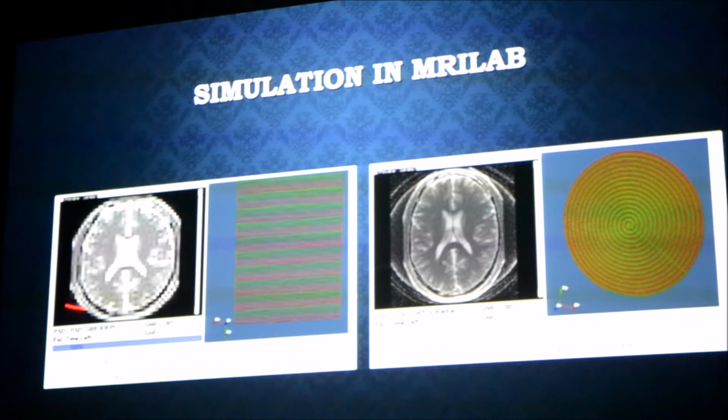And this is a multi-shot. I used 4 shots here, and I got this image, but this is very blurred. And by using the spiral trajectory k-space data, I got this image. This is better, but making the spiral trajectory is really long and takes a lot of time.